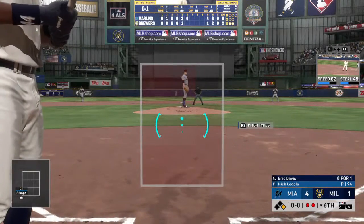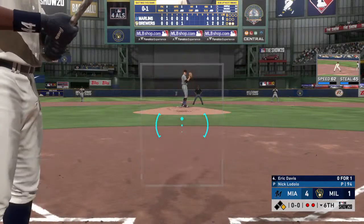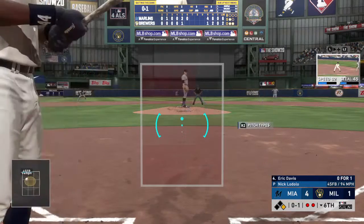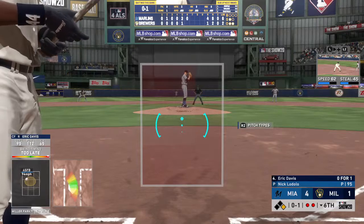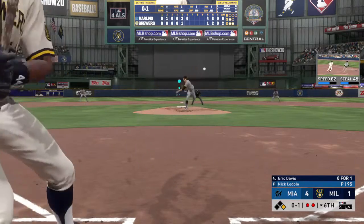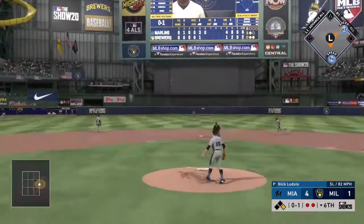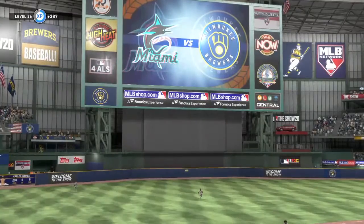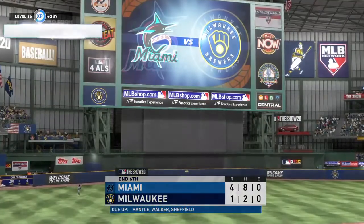Digging in, Eric Davis. And we'll see if they can make him pay for the 2-out walk. Always considered a big no-no, of course. No balls and a strike to count. Comes set with the 0-1. Line towards center field. And this one was tailing on him, but he was able to reach down, pull it in, and with it,